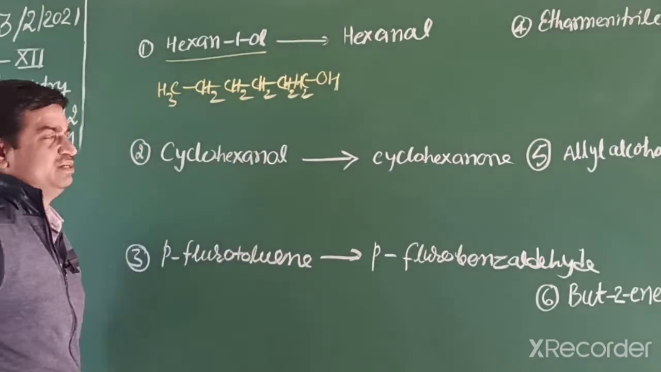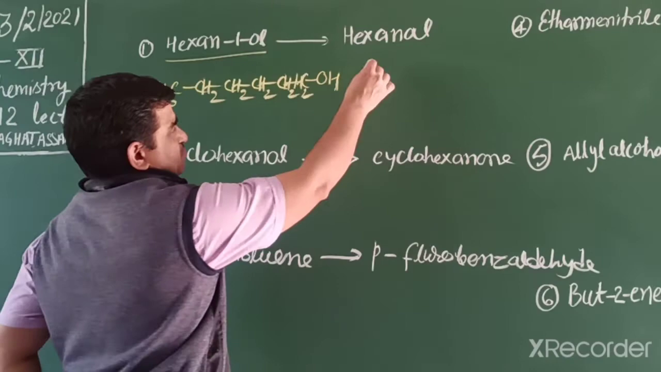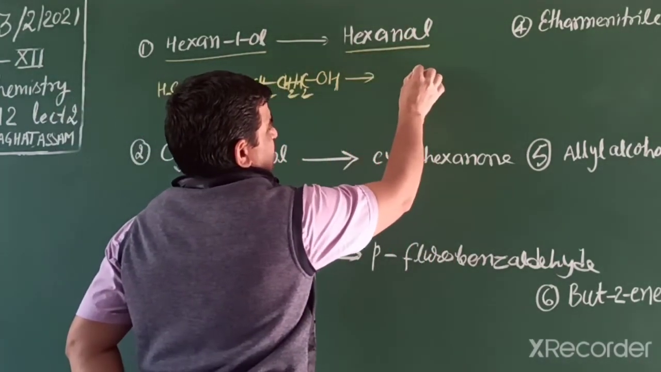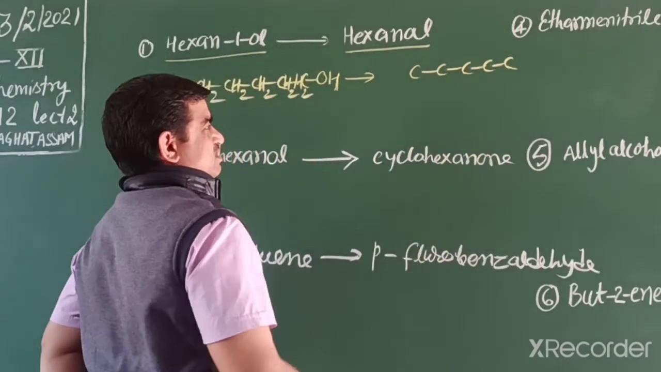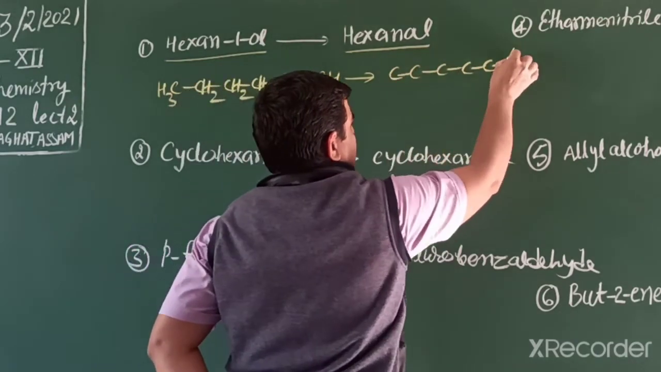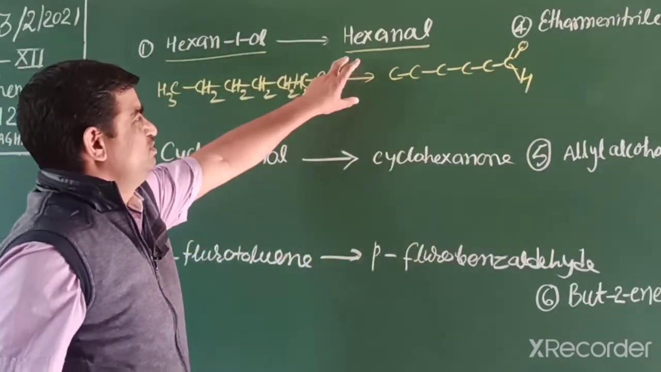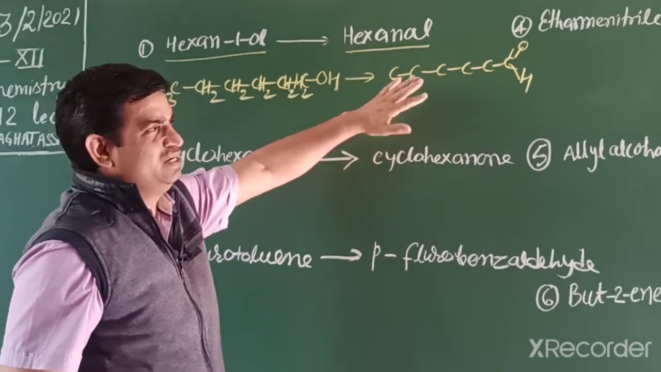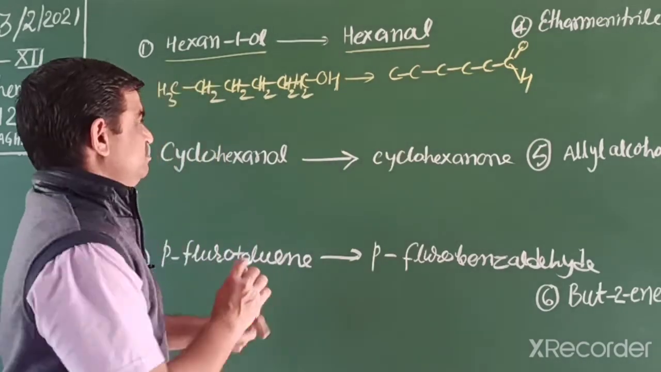So student, this one is a primary alcohol, 1 degree alcohol, and the product is hexanal, means an aldehyde. So it converts into an aldehyde with 6 carbons, the same number of carbons. Hexanal. So what reagent do we use to change alcohol into aldehyde? Because to get aldehyde we have to take a special reagent. That reagent is known as